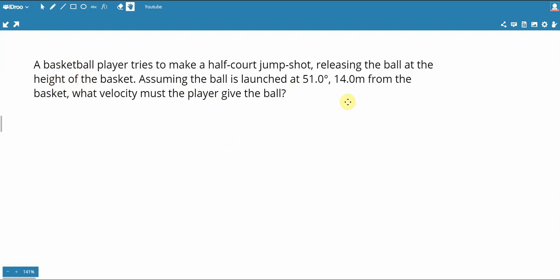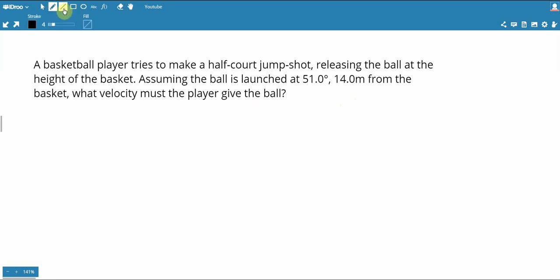A basketball player tries to make a half-court jump shot, releasing the ball at the height of the basket. Assuming the ball is launched at 51.0 degrees, 14.0 meters from the basket, what velocity must the player give the ball? So to start with projectile motions,